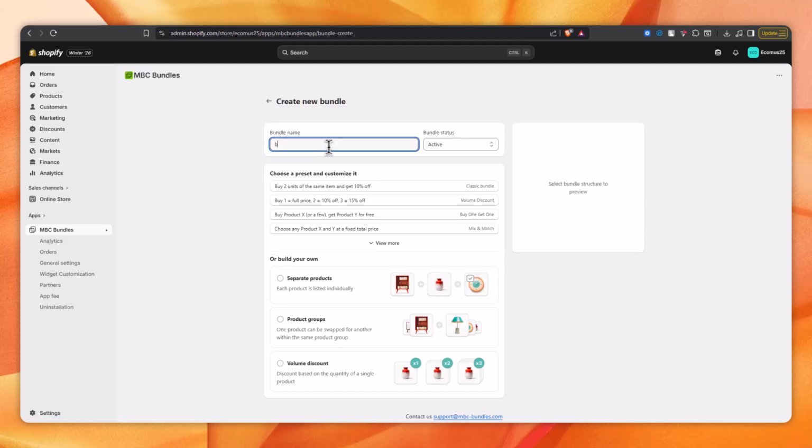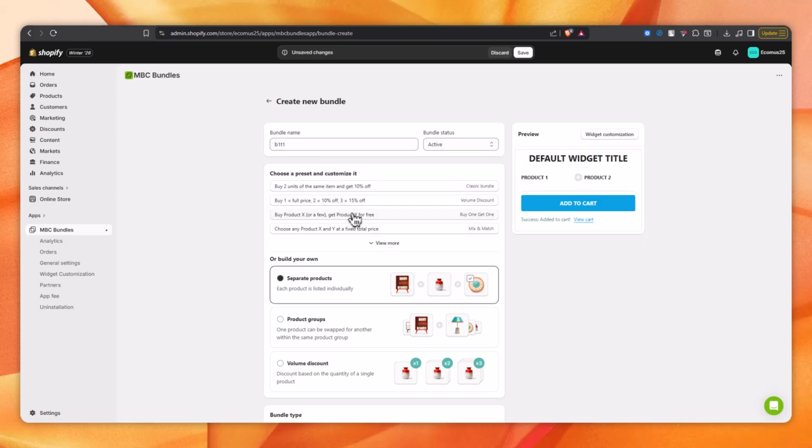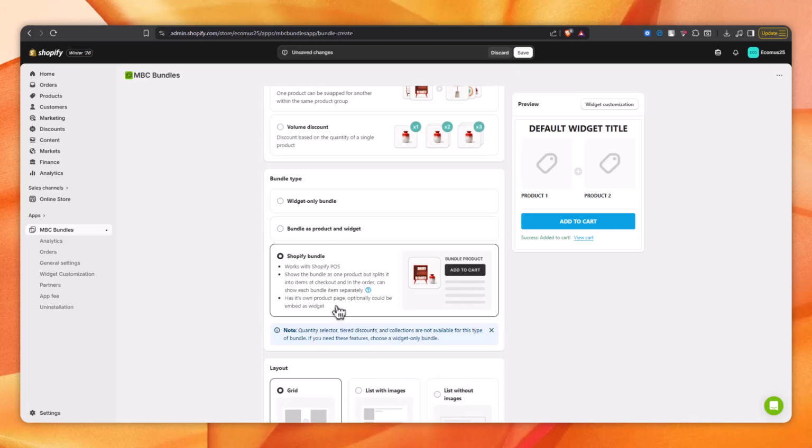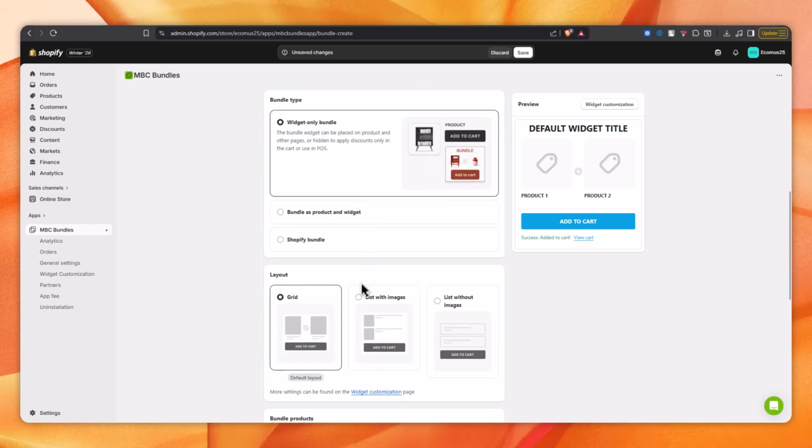Next, choose the type of bundle you want. This could be a standard bundle with fixed products, a buy X, get Y deal, or a mix and match bundle. Then decide how the bundle will show, either as its own product page or as a widget on an